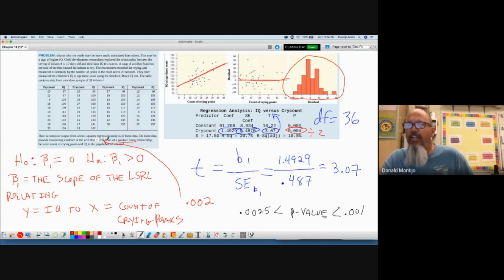I would reject the null and conclude that there is a positive linear relationship between crying peaks and IQ. Because this p-value is less than 0.05, then I would reject the null in favor of the alternative and say that there is a positive linear relationship between the count of crying peaks and the IQ in the population of